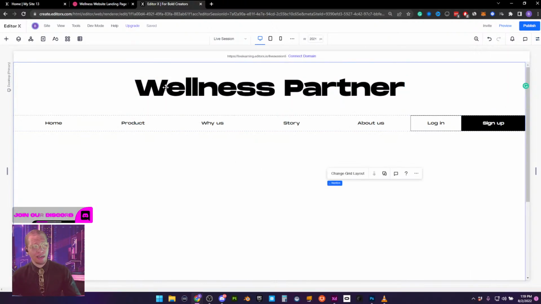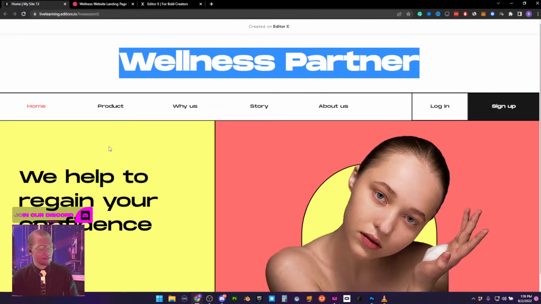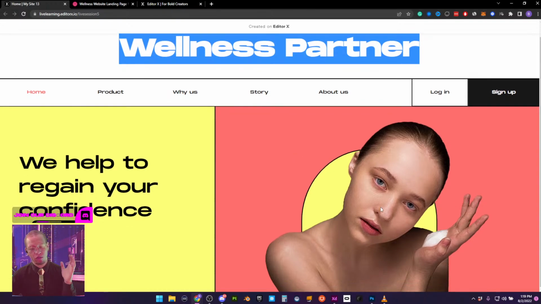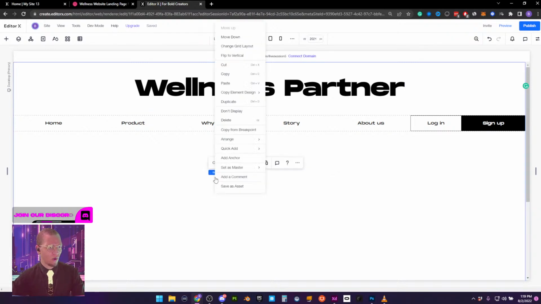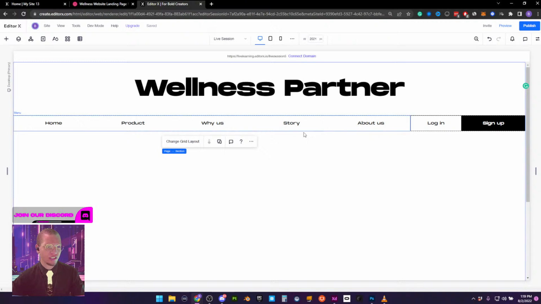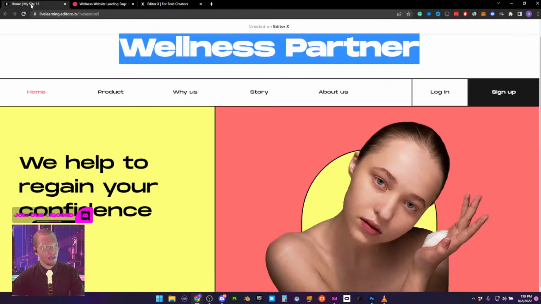And we're halfway there, guys. All we have to do next is add a container. We're going to split it in two: one side for our yellow piece and the other side for our orange reddish piece. So I'm going to right click, or actually, let's finish up our menu. We're missing our